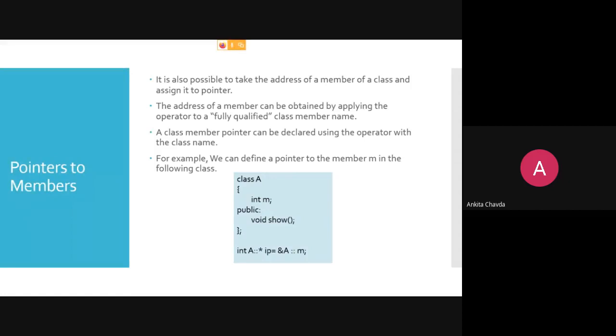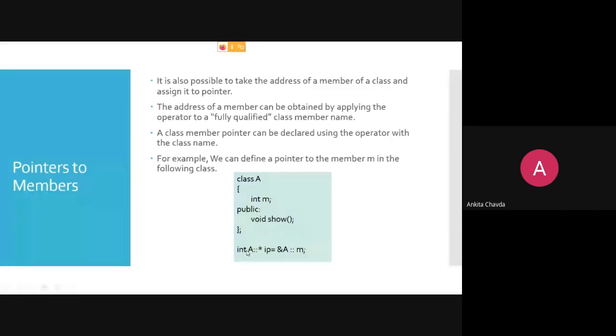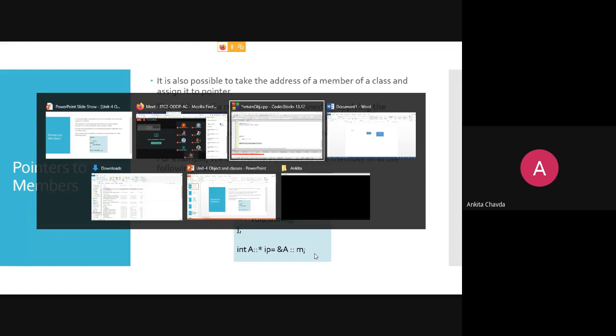This integer m is a part of class A. It is a member of class A. And now if I want to put a pointer on my variable m, I have to write like this. So this is normally your integer pointer IP equals this m% sign and m. Very similar to that, but you are just adding a scope resolution operator. So that's it. When I show you this syntax directly, it is very difficult to understand. But we have gone through this example, so I hope now this is clear.